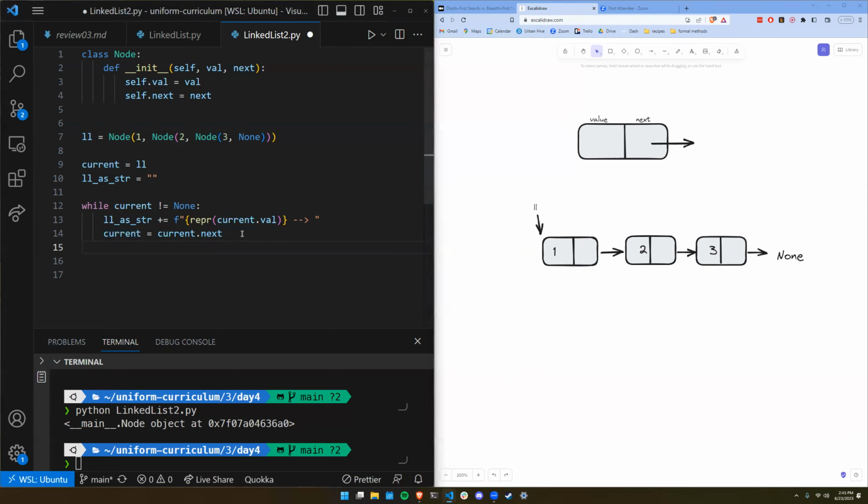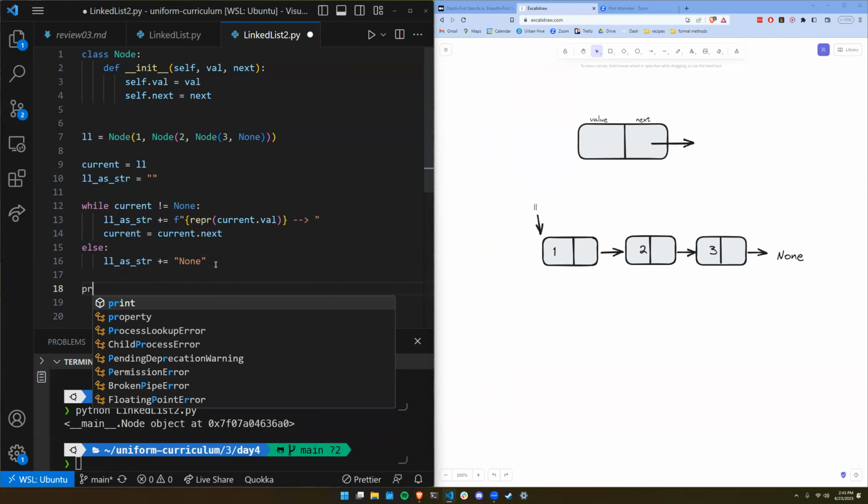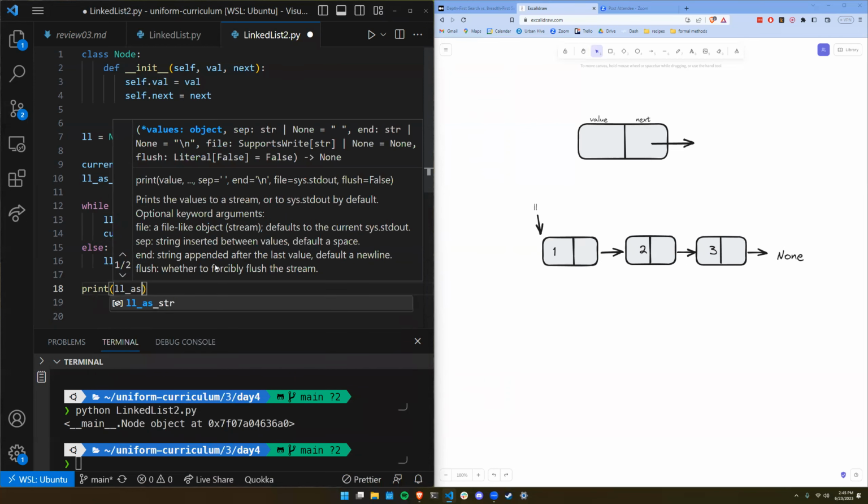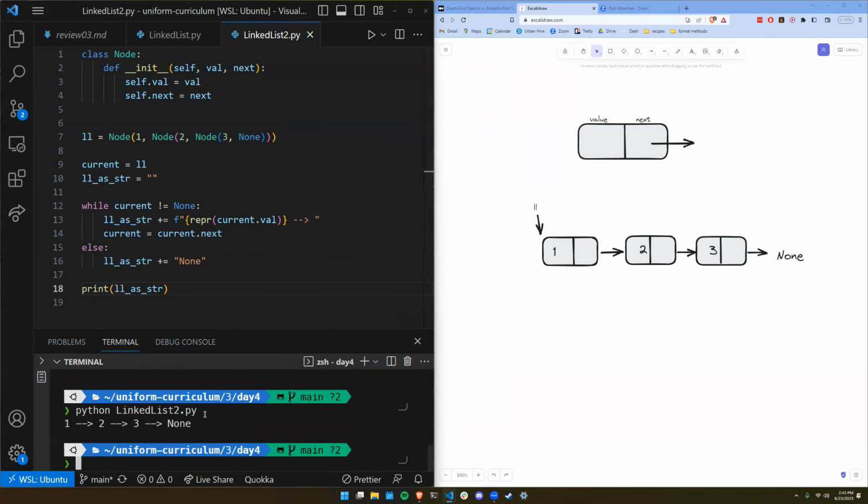And so what I want to say is when this while loop is done, while loops can have else statements as well, I believe. At that point, I'm going to say link list as string plus equals just the word none. And then I am done. So at that point, I will print linked list as string. And let's see if that works. Yeah, so that represents our linked list. And this works, but